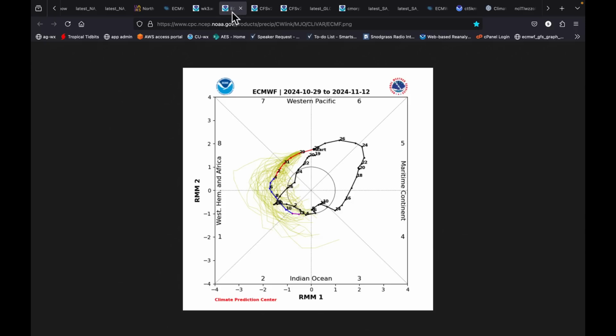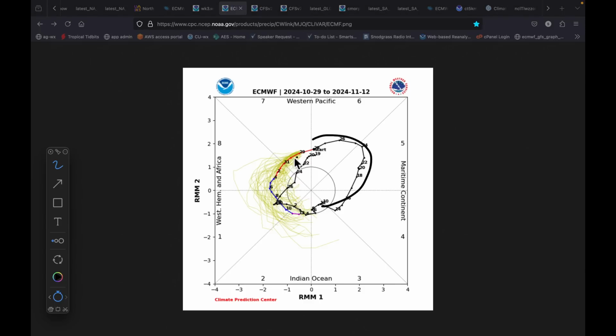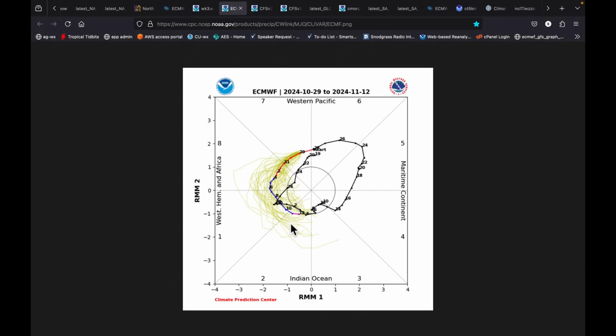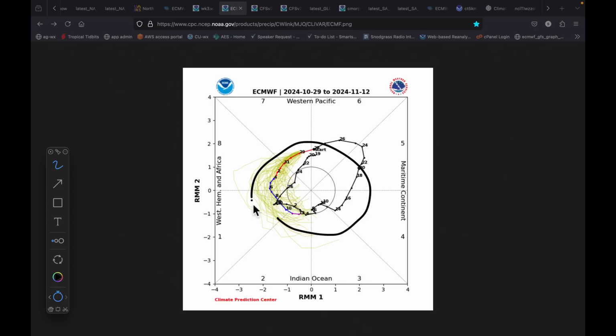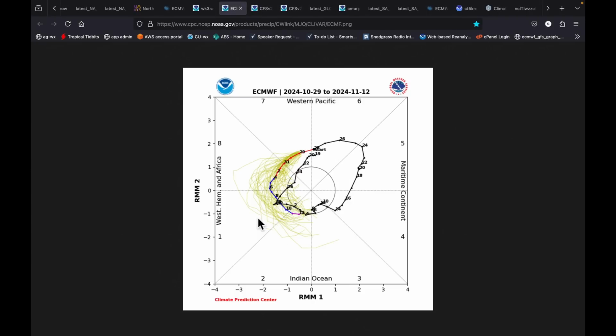Another part I'm trying to watch is the MJO movement, and this could be critical for all of winter because the MJO is not staying in one spot. It's not collapsing. It came way out, phase 4, 5, 6. It's moving through 7, 8, and 1. We talked about that a lot on Monday. Are we going to get an MJO that likes to do this all winter? Because if the MJO signal isn't locked into place because of La Niña, then that's going to give us an active winter, the type that doesn't get stuck, but where we just see routine weather systems. So I'll be watching this as a major component of that and explaining a bit more to you with time.